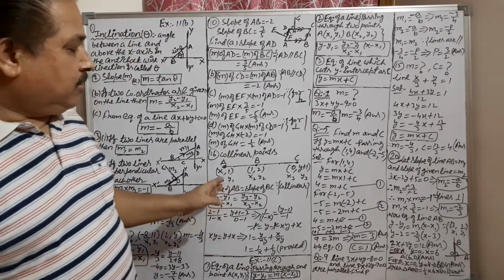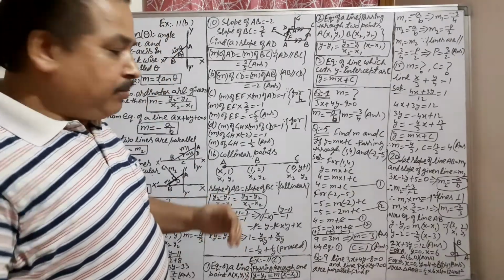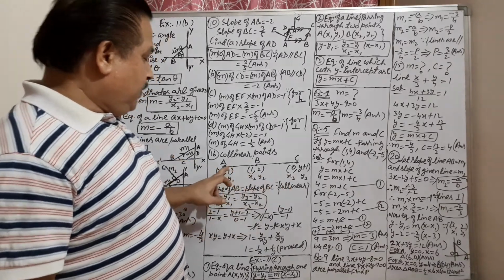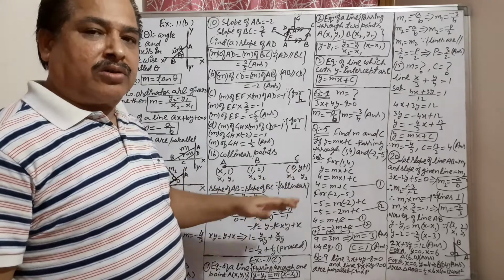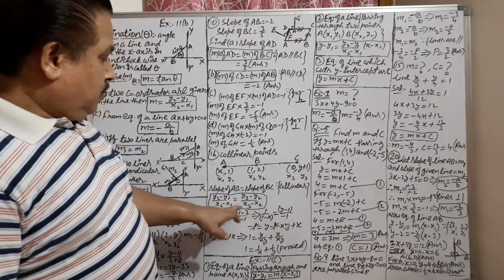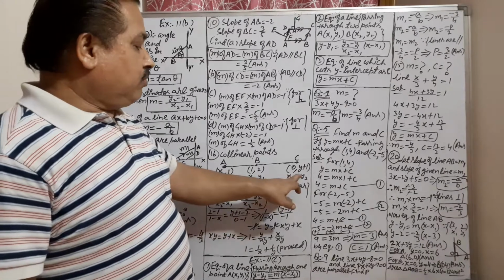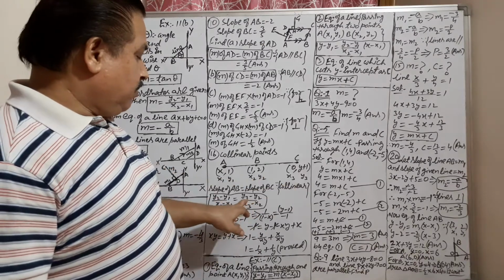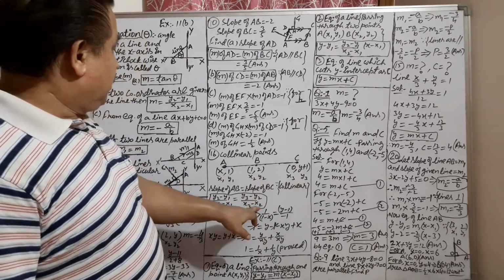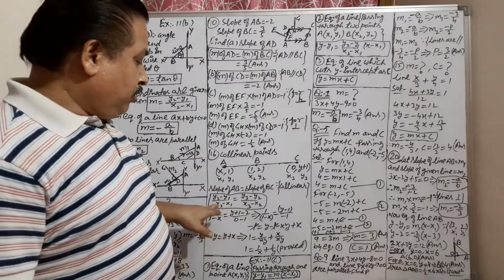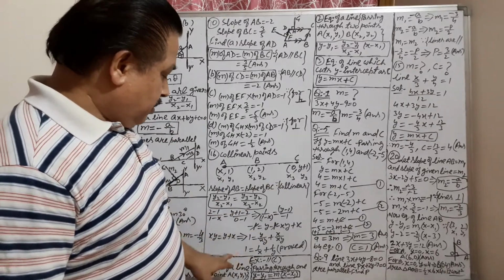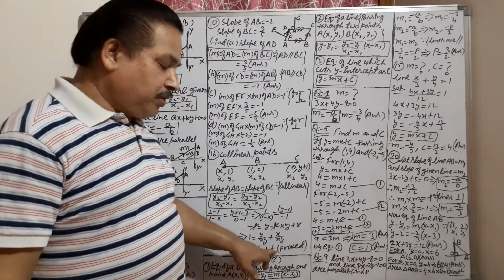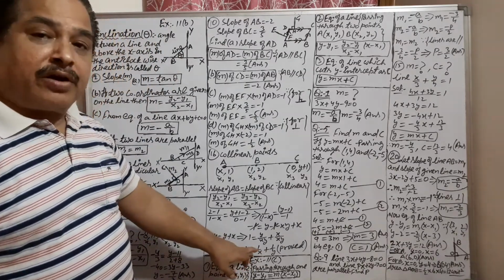Now see the 16th question. These three points are collinear. Collinear means on the same line. So in such a case, there are three points given in this question, and the AB slope will be equal to the BC slope because the points are collinear. Consider x1 y1, this x2 y2, and this one x3 y3. Get the slope of AB. The AB slope is this one. Get the slope of BC. The BC slope will be y3 minus y2 upon x3 minus x2 by this formula. Put equal, put in the values, and at last it will come to 1 upon x plus 1 upon y equals 1. Actually, we have to prove this thing. So it is coming now. It is being proved now.